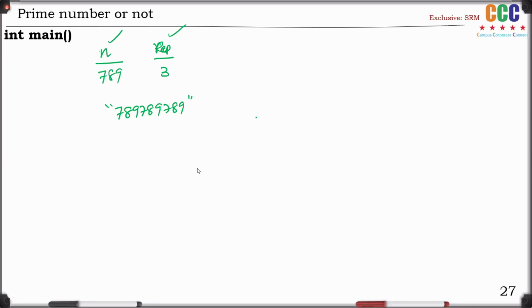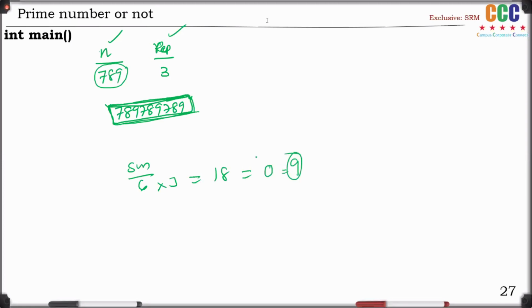Abhishek has given. My dear friends, in that program, he asked us to calculate the sum of the digits of this much bigger number. Frankly speaking, no need to calculate the sum of the digits of this much bigger number, right? Simply calculate the sum of this number. What we have in that, we have 6, right? Single digit is 6. Then into 3. That's it. Then sum is 18. Again, 18 mod 9 is 0. 0 means 9 is the sum. 9 is the sum. That's it.